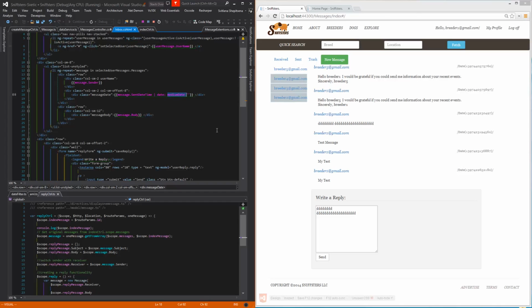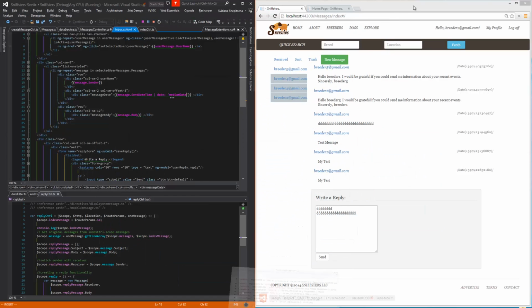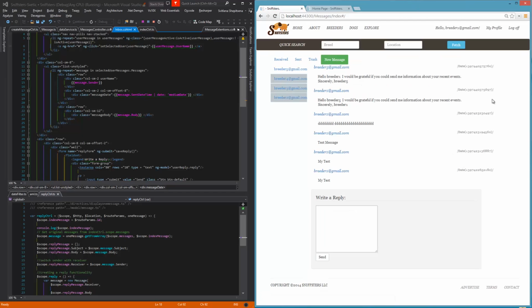I missed it, I need to insert it inside like this. And when I reload our browser, everything looks the same. So we need to create a custom filter for our date filter in order to